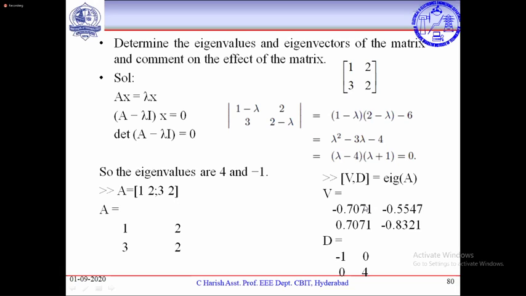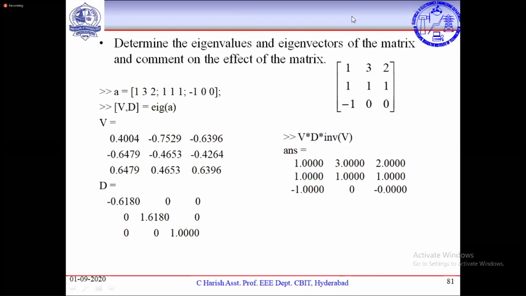With a small command we are able to do it. When we are calculating a 2 by 2 matrix, it is very easy to calculate the eigenvalues and eigenvectors. Eigenvalues can be found easily for 3 by 3 also. But when you go for the eigenvectors of a 3 by 3 matrix, it is a very complex issue. It is not easy to solve that expression. You have to do it multiple times to find the eigenvectors. But the same thing can be done with eig of A. It will generate all the eigenvalues and eigenvectors.